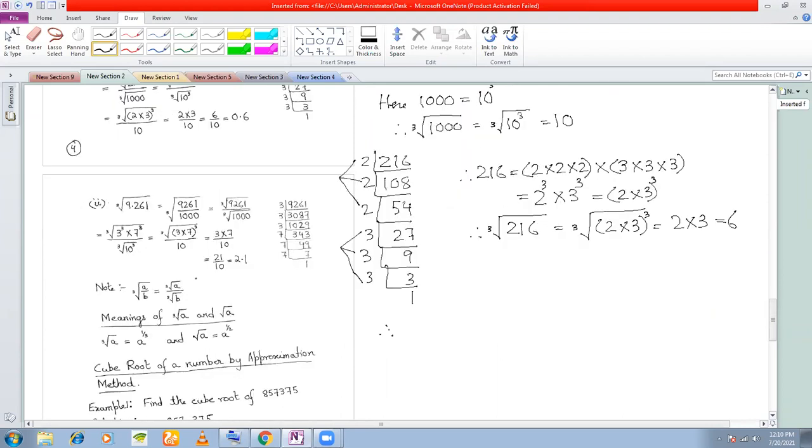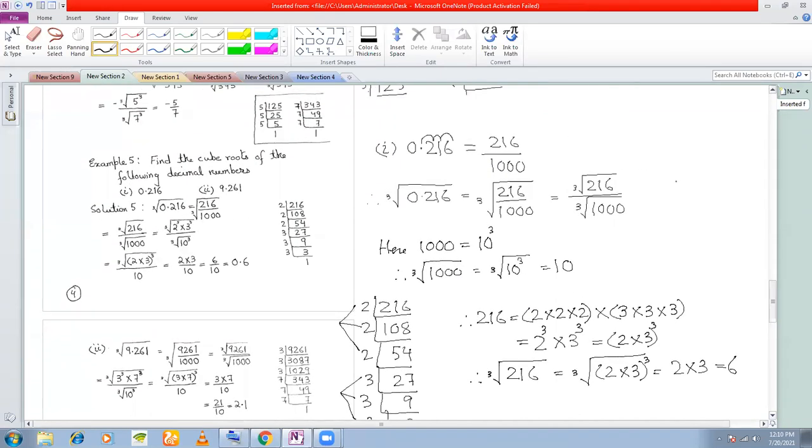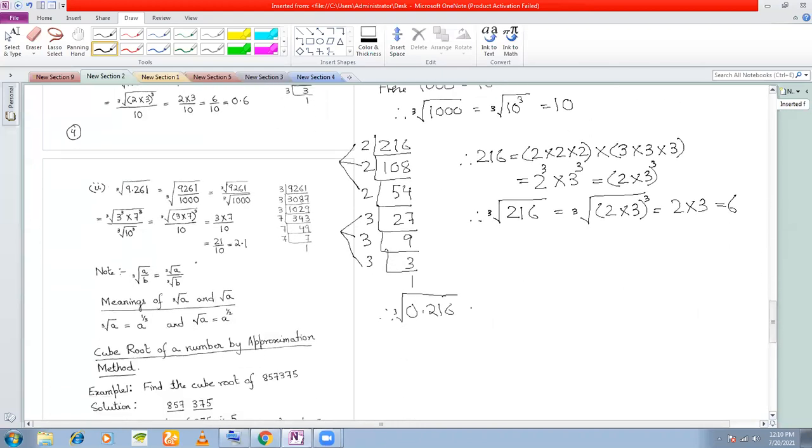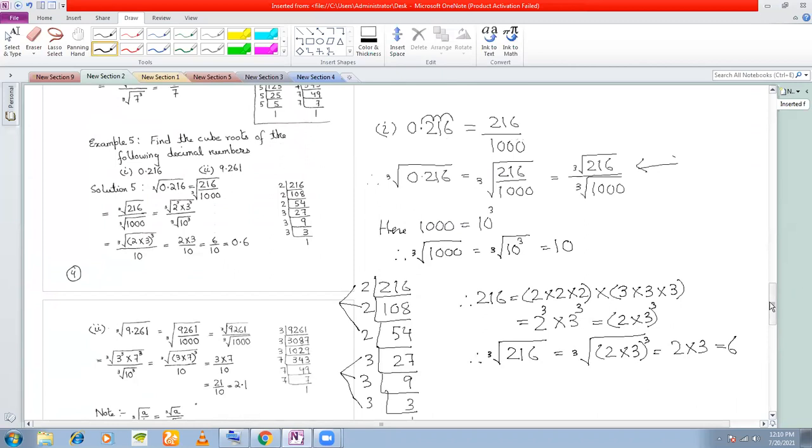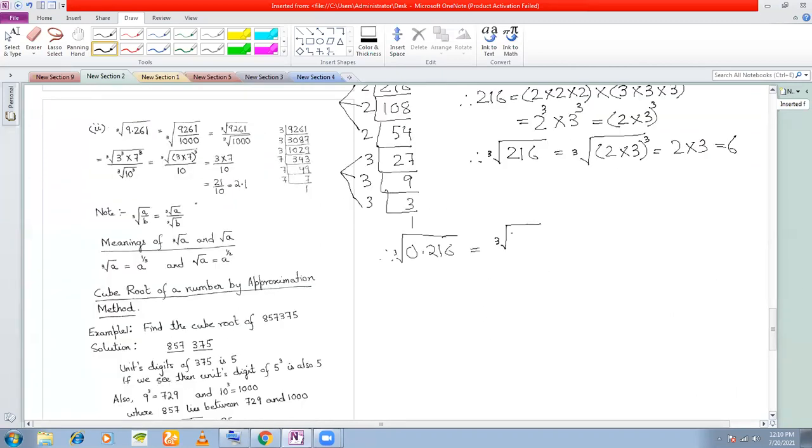So therefore, we are required to find out the cube root of 0.216. So coming back to this step, cube root of 216, we had written this as cube root of 216 divided by cube root of 1000. Cube root of 216 we found out to be 6 and cube root of 1000 we found out to be 10. But because I have the number given as decimal, we express 6 by 10 in a decimal to write this as 0.6 because you have 1 0 in the denominator. So the decimal will shift from here to here to give you 0.6. Is it clear?